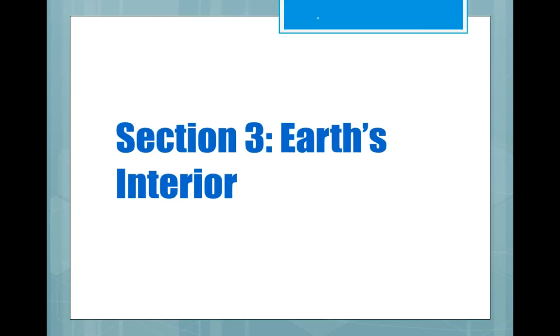All right, guys, we are moving on to section 3 of our Earth's internal processes chapter. Last week we talked about seismic waves and we focused on the P waves, the S waves, and the surface waves. We talked about their motion and we also talked about what states of matter those different waves are able to move through. And that is all going to become very important as we go through this section because those seismic waves become very important to scientists and, more importantly, seismologists about inferring what is going on inside the